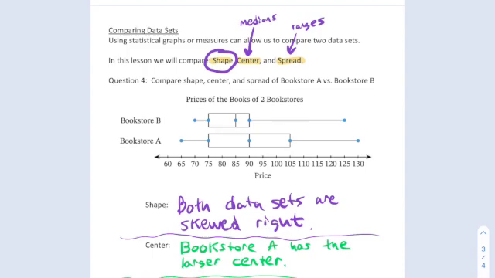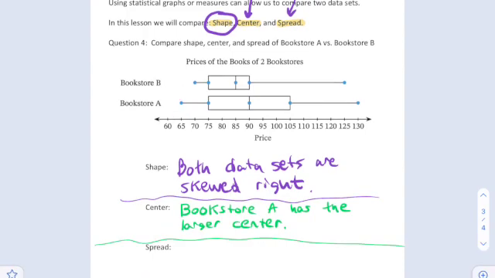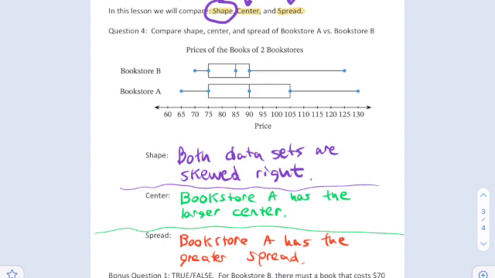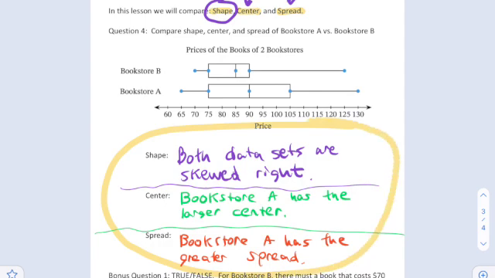Finally, we'll compare the spread of the two data sets. I notice that the data set for Bookstore A is wider than the data set for Bookstore B. It starts at a lower number and ends at a higher number. So altogether, it's got a larger range than Bookstore B, meaning it has greater spread. So again, interpreting what this means, it means that Bookstore A has a little bit wider range of prices, a little less consistent in how much it charges for a book. And with these three comparisons, we've really summarized the similarities and differences between the two data sets